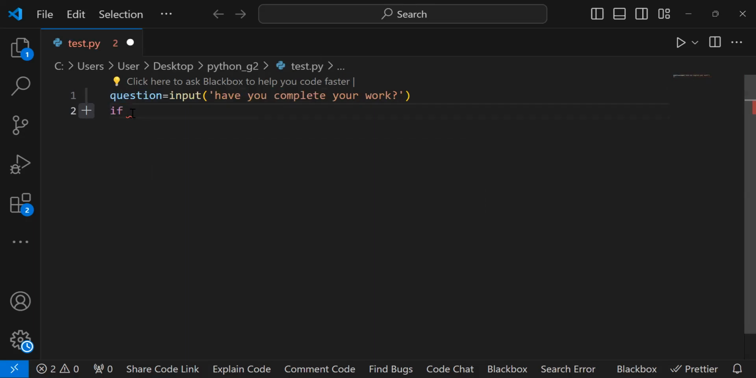So my question is stored in a variable as question. So I can call my variable as question, and if question equals yes. Okay. So do you know the difference between a single